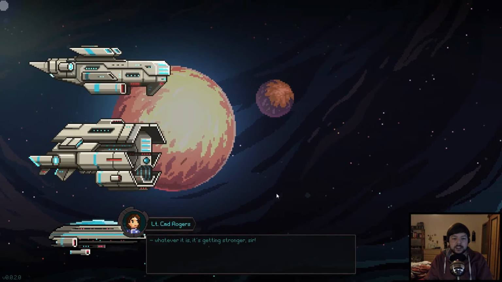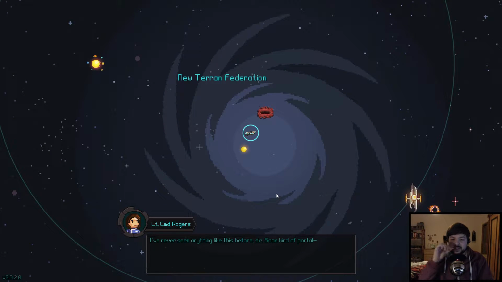It's an earthquake in space. A space quake. That sounds delicious, actually. Space cake. Space quake. Some kind of portal. Okay. It's a red portal, so there has to be a blue portal somewhere, and then...